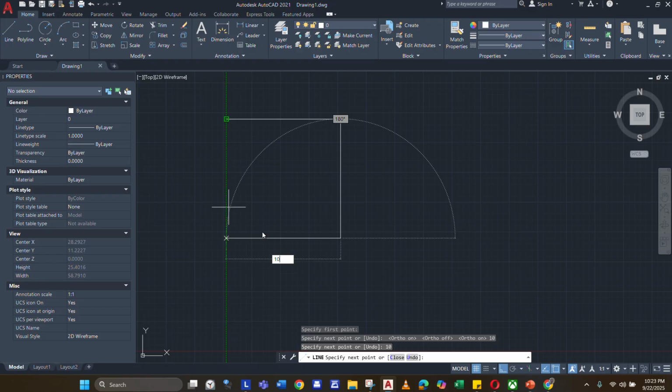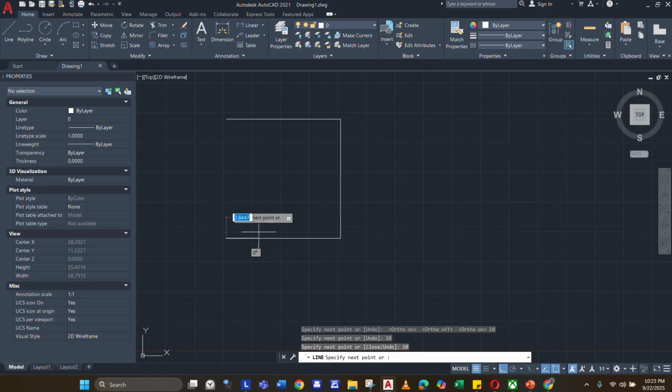You type in 10 for the opposite side, then press enter or space. The opposite line is the same as the first line, the parallel line I made as the third line, but I press Control Z because that's what you use to go back, undo.